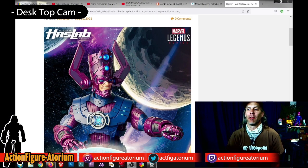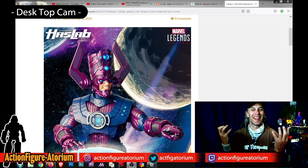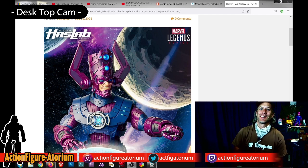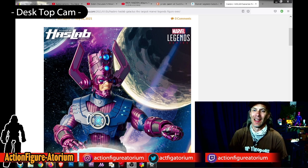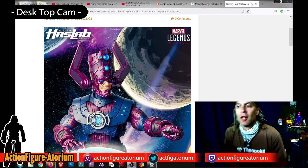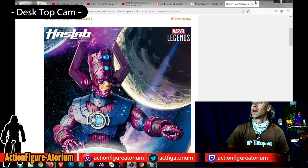A lot of people collect Marvel Legends. This thing is huge. It also has a lot of articulation, specifically in the hands, about 20 per hand, meaning it can do all sorts of, you know, this kind of stuff. And I don't know if they've ever done a figure this big. They have other Galacti out there that are pretty large, but this thing is mammoth. So let's go over to the page here